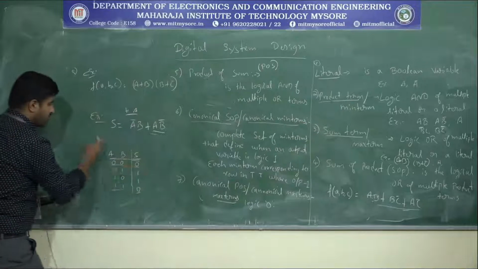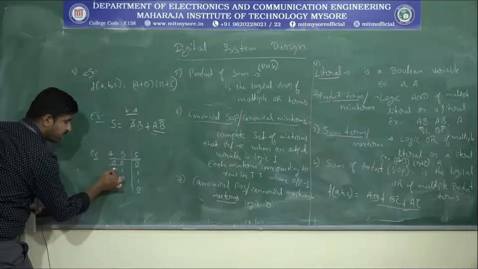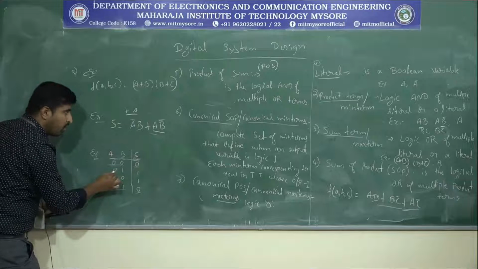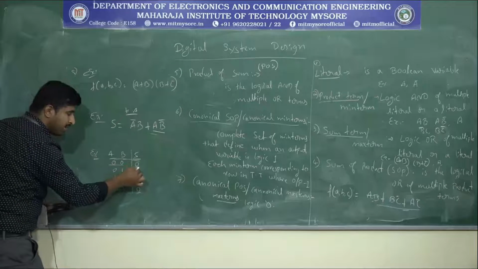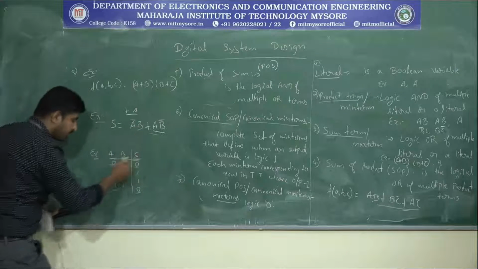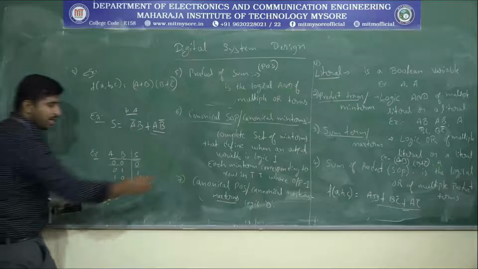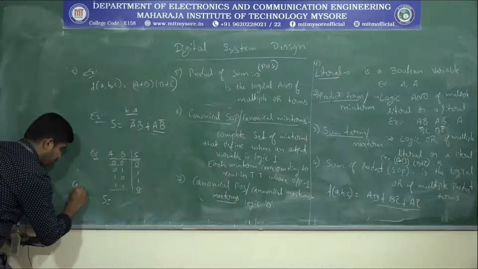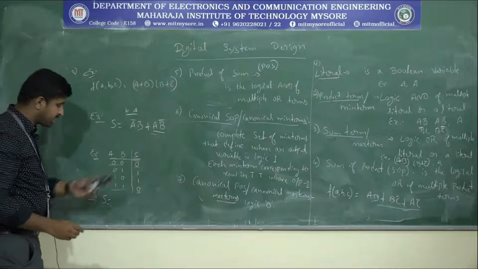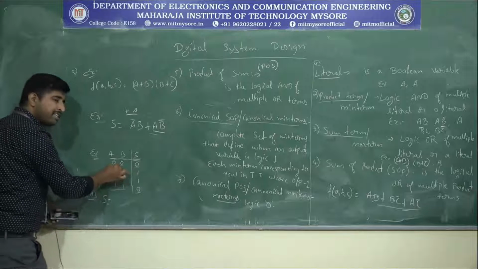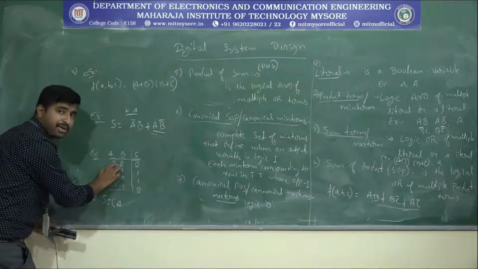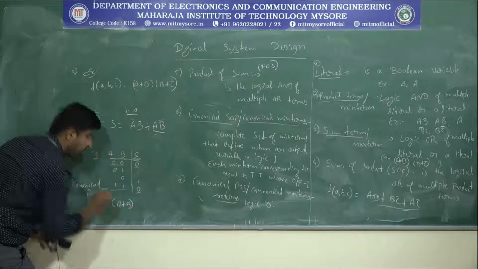In the min term, where a 1 is there, we wrote A as it is, and where a 0 is there, we took the complement, A bar. But when writing max terms, when we have a 1, we need to take the complement. So what will be the sum expression, the canonical POS, for this example? For the row with 0 0, we should not take any complement, so this max term will be A plus B.